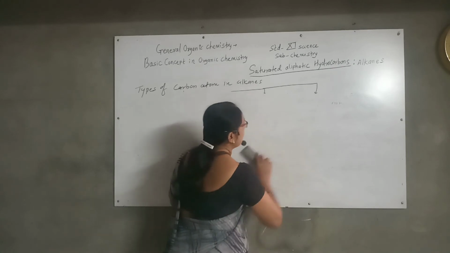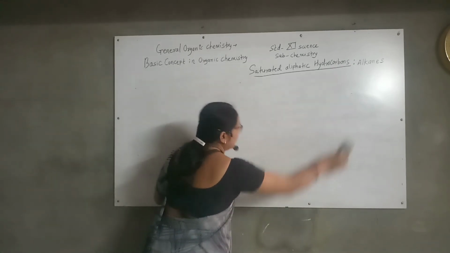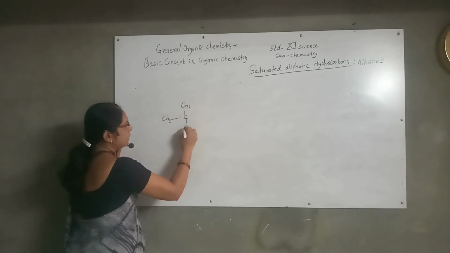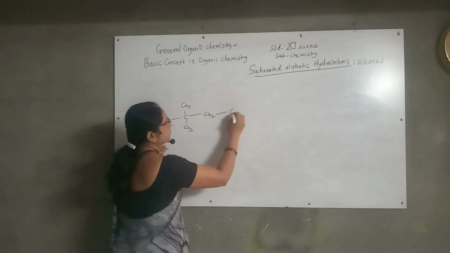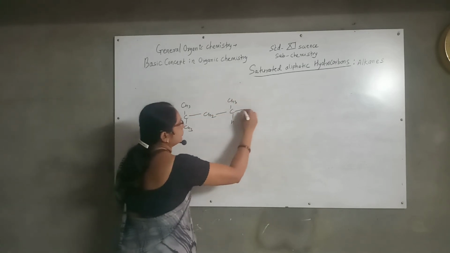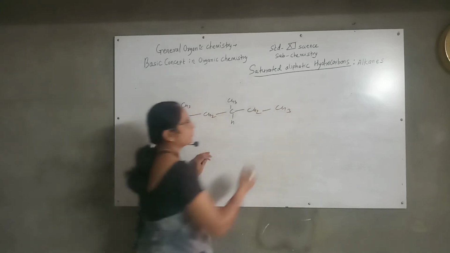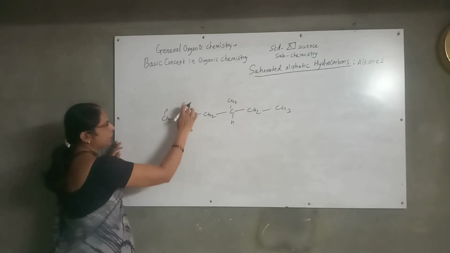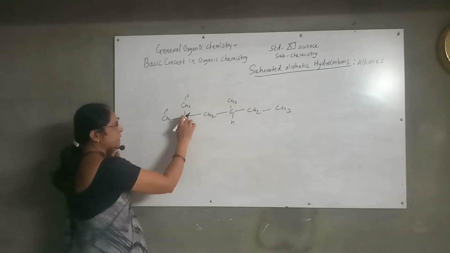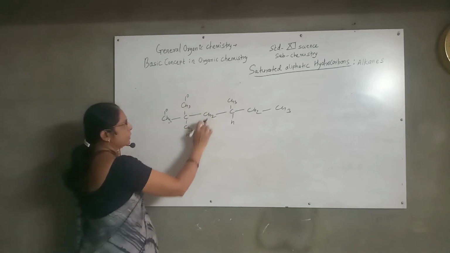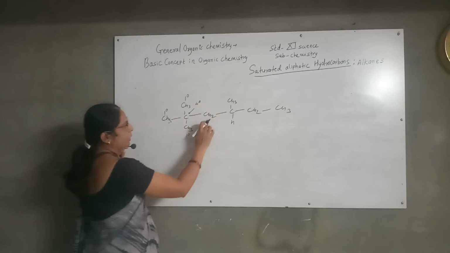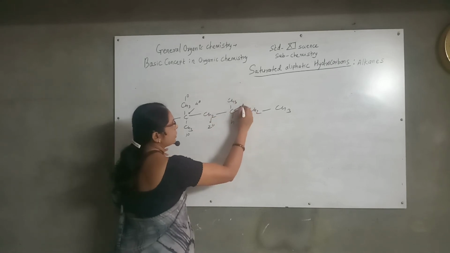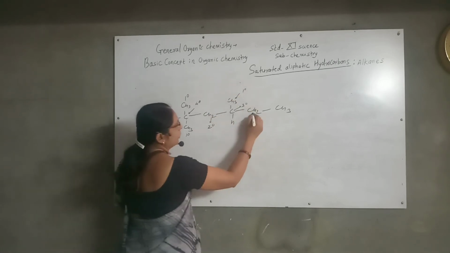Let us consider one more example for this. Now try to classify the carbon atoms in this example. This carbon which is attached to 1 more is primary. This carbon is attached to 1 more, primary. This carbon is attached to 1 more, primary. This carbon is attached to 4, so it is a quaternary, 4°. This is attached to 2, it is a secondary. This is attached to 3, so it is a tertiary. This is again primary. This is attached to 2,